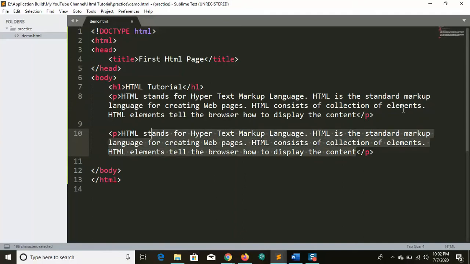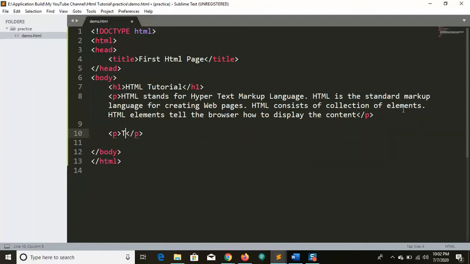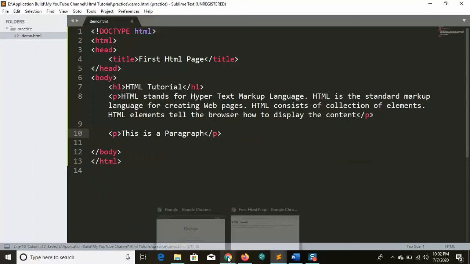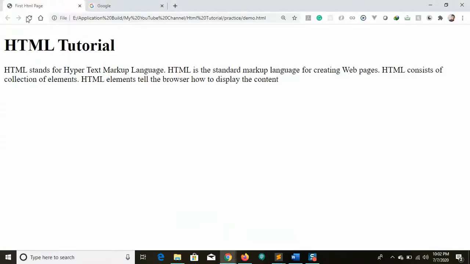So you can say this is a paragraph. Save and run. Control S for save and reload for run. Okay, so this is the other paragraph.